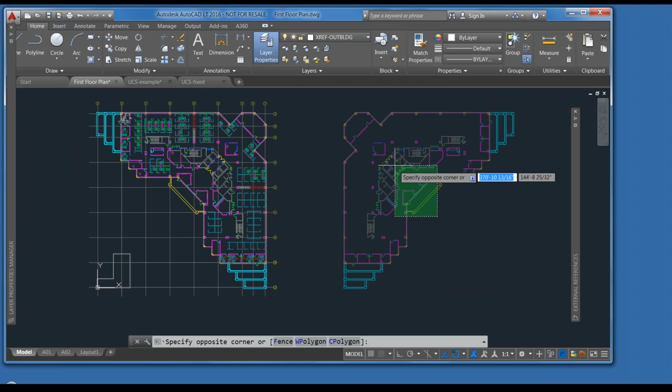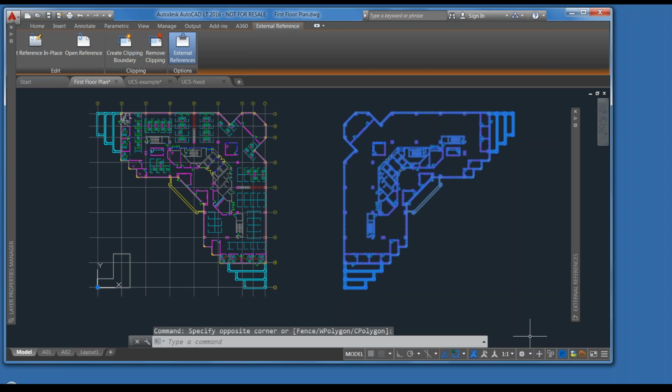Why aren't I seeing the grid here? I want to see the structural grid. So knowing how X reference attach versus overlay works, the person in this drawing must have just overlaid the structural grid because it's not carrying through when I attach it to this drawing. So how can I get my grid to appear in this drawing? Well, I have two choices. I could go ahead and insert it directly as an X reference here, or I could go back and fix